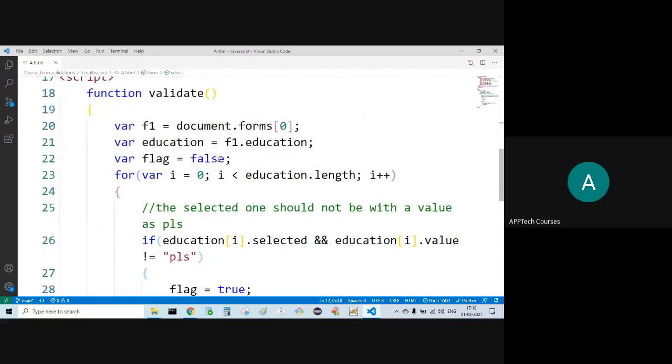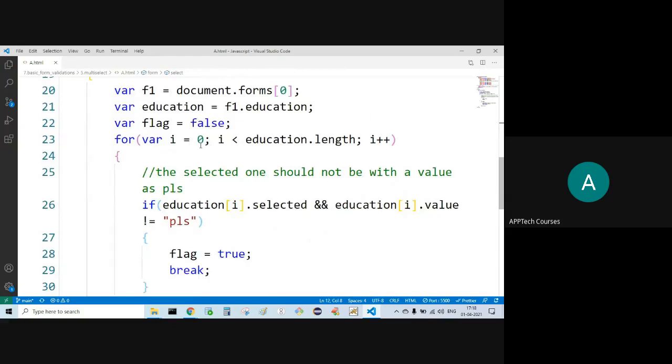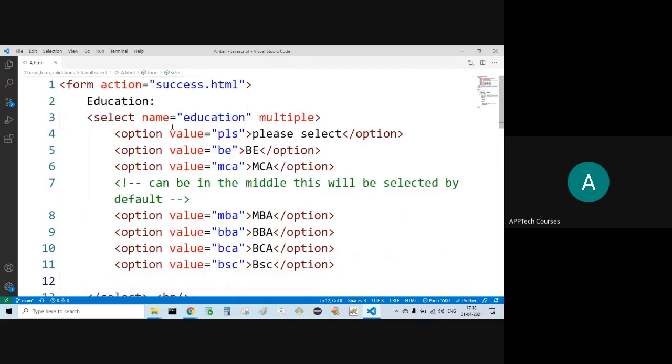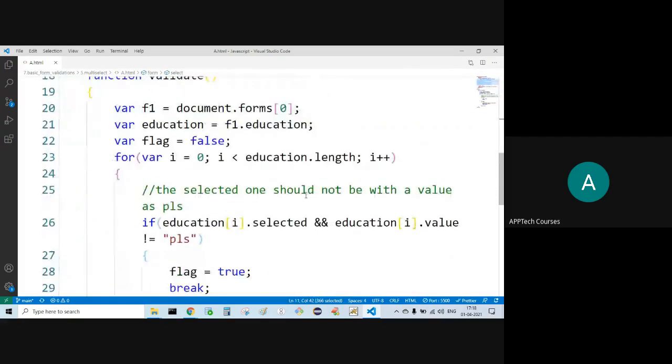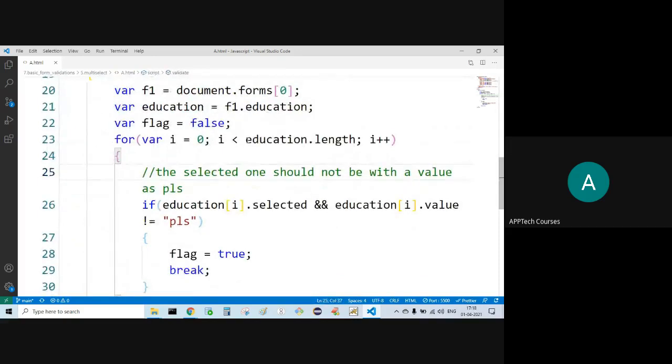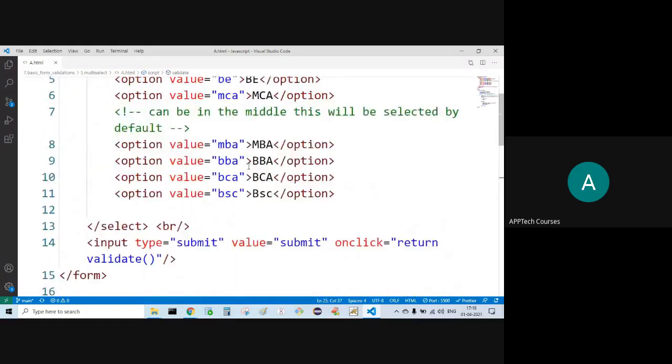Initially flag is false. Now i is equal to 0, up to education dot length. I'm considering this education as one array. Dot length goes till the end of the options.